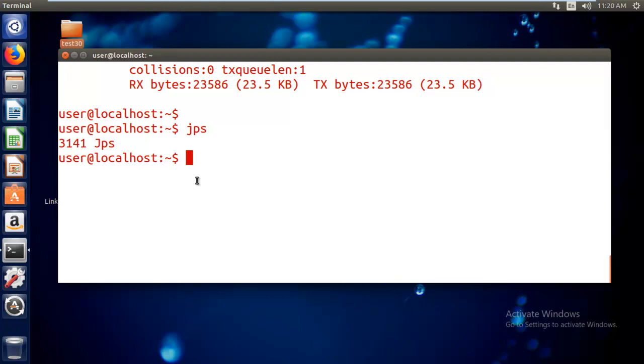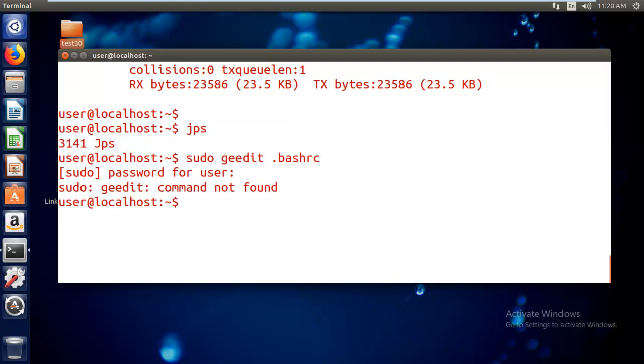In that sbin folder we have executable shell scripts to start our Hadoop. Before that I would like to show one more file. Sudo is nothing but super user do, gedit .bashrc. So I'm giving my password here. Oh, sorry.